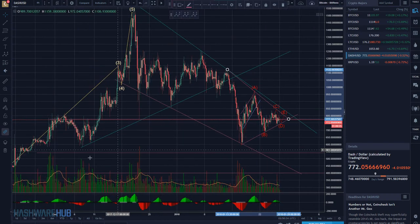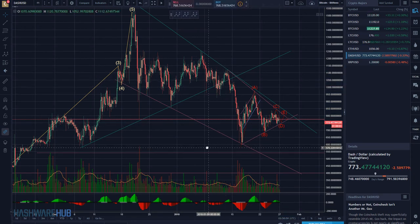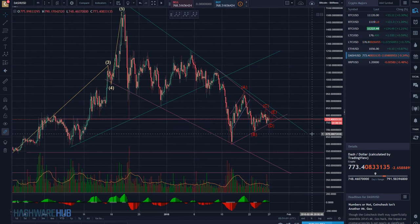Some time ago, we drew this triangle here, this green bottom here, and this top here. And the market came through there, and that's fine. I mean, we expect it, because corrections can't be so quick. So I would have been surprised if the market just ran straight up from here. And it didn't. The market kind of tested this for a long time, and then it came down. And when it came down